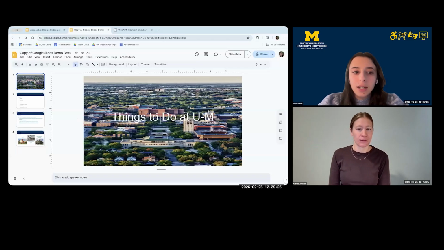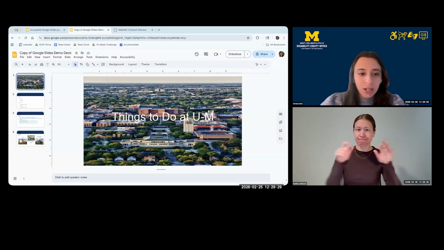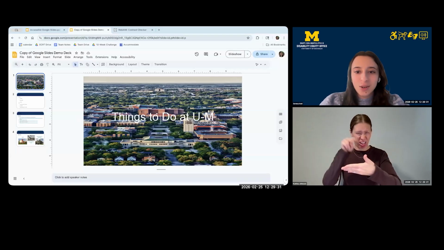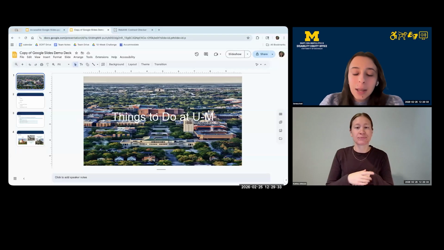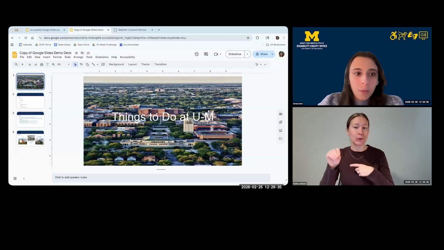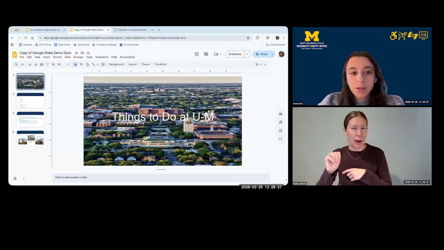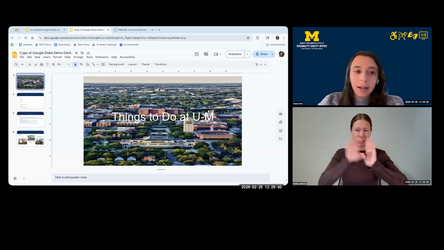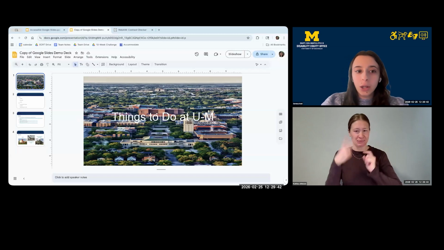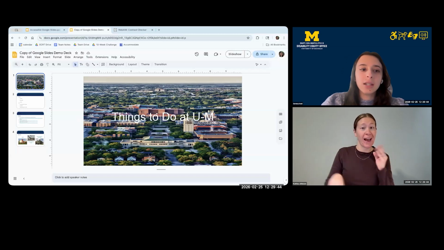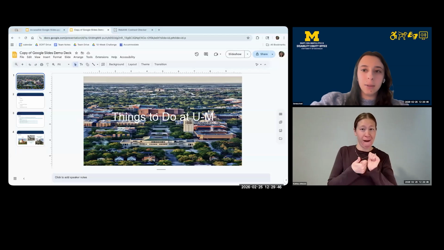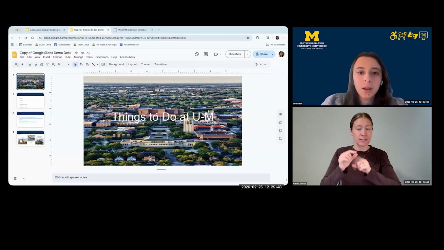Another thing I'm noticing is that the title text on this slide is pretty difficult to read. It says Things to Do at U of M, but against the image, it's not very legible. So one way to fix this could be to add a highlight or fill color to my text box so that the title text has a solid background against it.